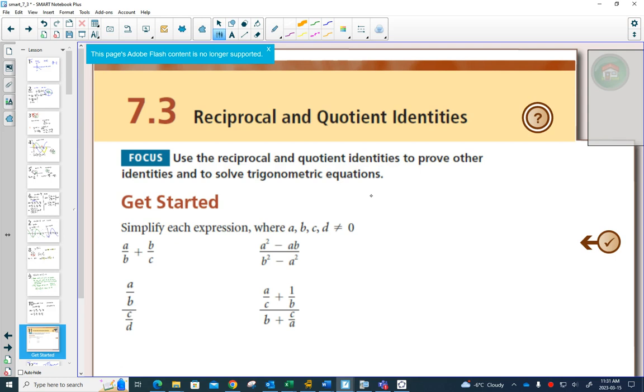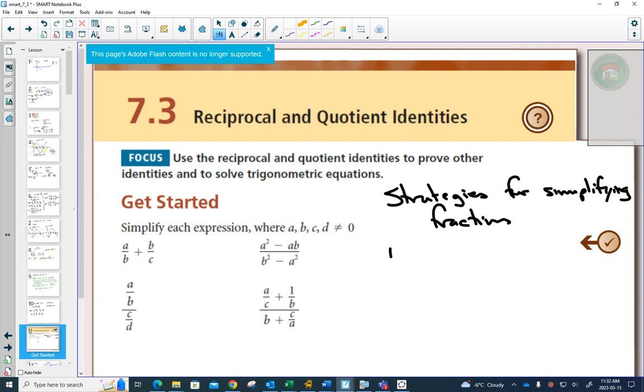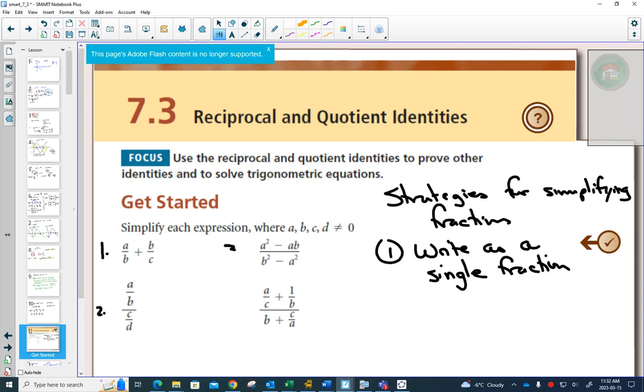And first of all, some strategies for simplifying fractions. The main strategy is, can you write a bunch of fractions as a single fraction? That'll always be a strategy for simplifying fractions. So when we look at these four examples, and we're going to do them in this order,